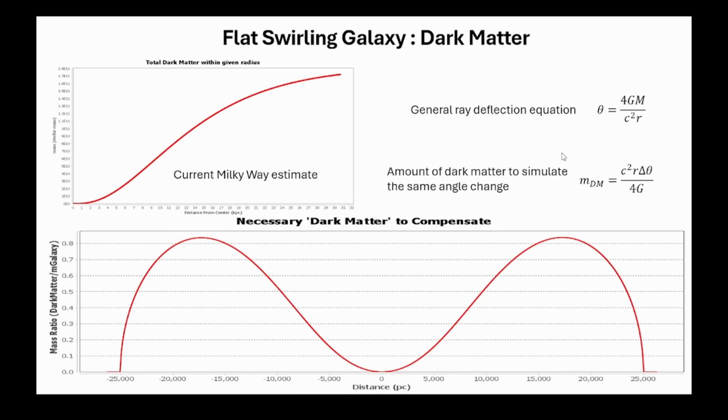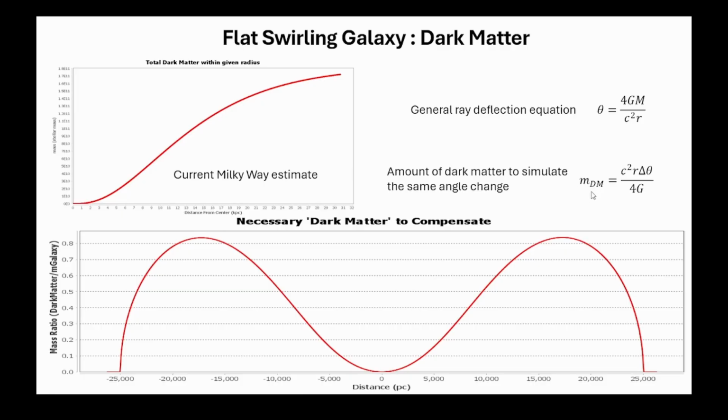Now, what I had mentioned before is that the angle difference created by a swirling galaxy and a non-swirling galaxy is very small. However, like I said before, when you only have a hammer that is mass, you're going to throw mass at everything. So now what I'm looking at is, if we use this equation, which I showed before, and we come up with this other equation, the mass of